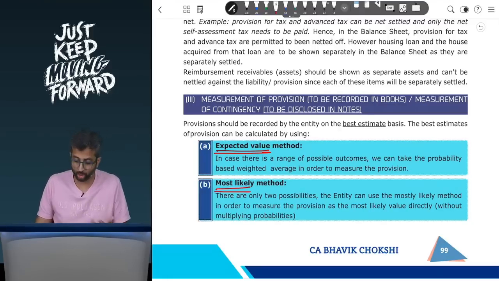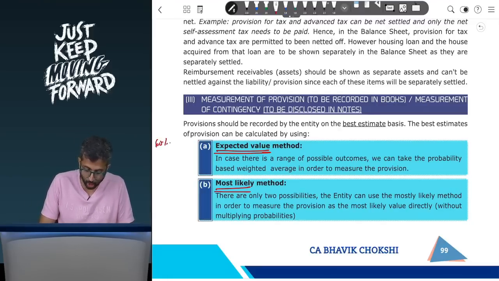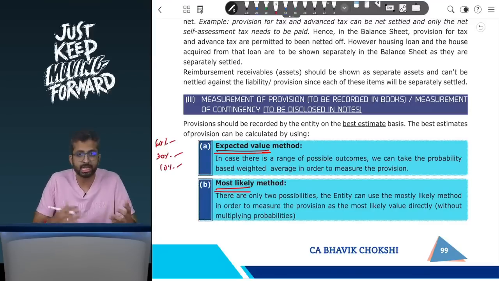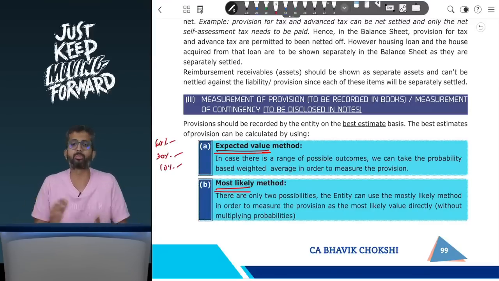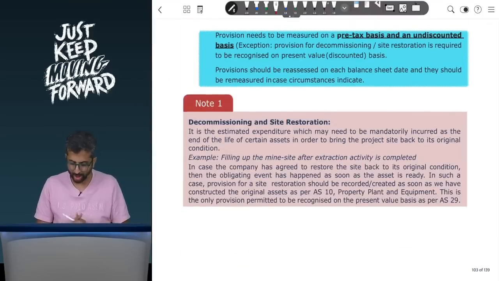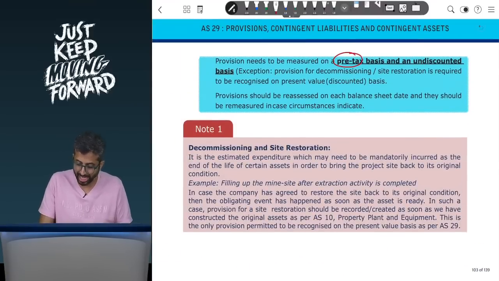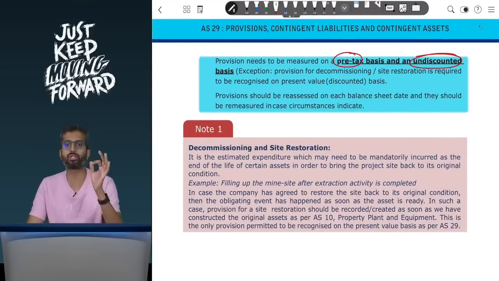However, if there are more than two possibilities, so there is a 60% chance that I will lose, pay damages, 30% chance pay high damages, 10% chance I will pay no damages. Then with more than two possibilities, I'll take the probability based weighted average. Okay, while measuring the provisions, I do it on a pre-tax undiscounted basis. I will not take the